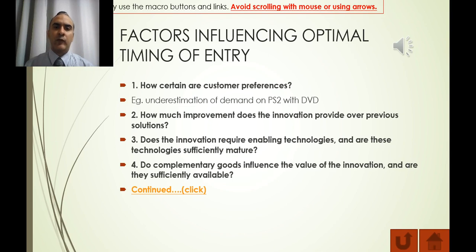Also, we have to wait, as a company, if there are already enabling technologies. Like, I want to enter the market of augmented reality. So then I have to wait until 5G is fully developed so that I can really go into it and show the full spectrum of this technology. Then we have complementary goods influencing the value of innovations. In this case, do I have